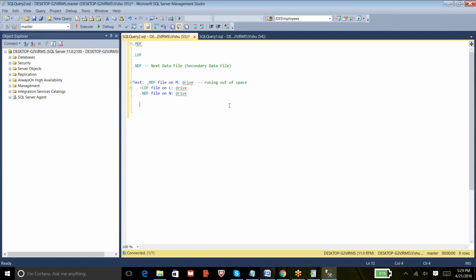Once we get an alert, we jump onto the server and check why the space was filling up, and we act accordingly. If there is a possibility of adding more space on the drive, we add it. Or else we look at creating the files.